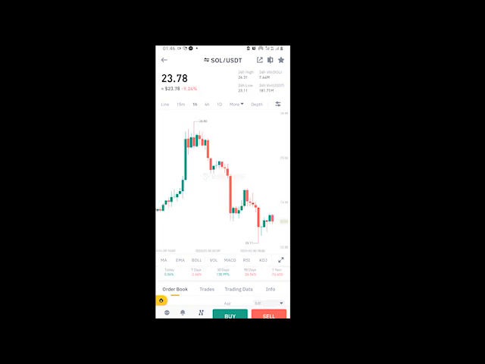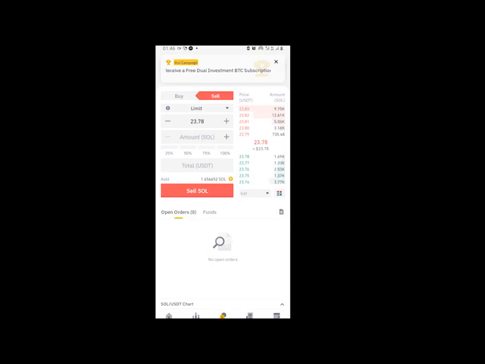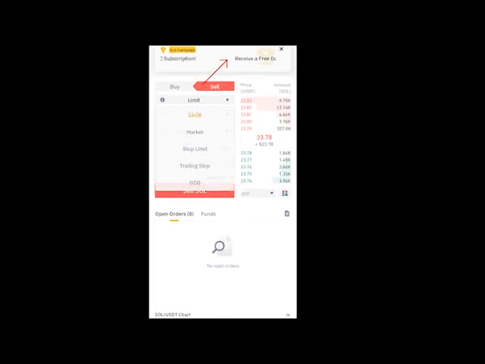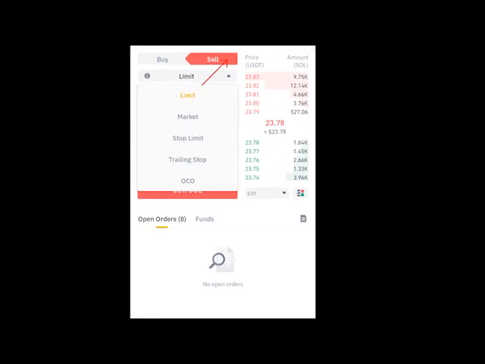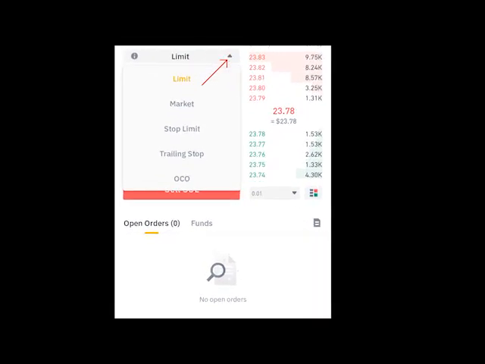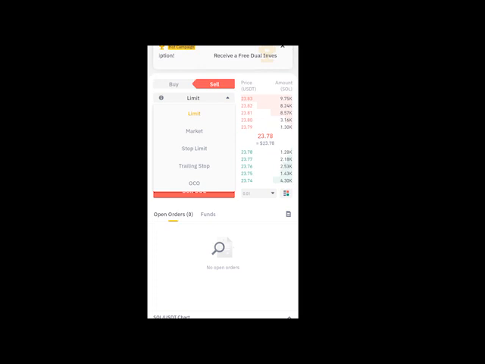So let me show you how you sell. Now I can click on sell. If I click on sell, there are 5 types of sell order that you can have. If you click the drop down, you will see them. We have the limit, we have the market, we have the stop limit, we have the trailing stop, and we have the OCO. This OCO means order cancel order. But in this video, we will only cover 3, which is the first 3: limit, market, and stop limit. In another video, we will cover trailing stop